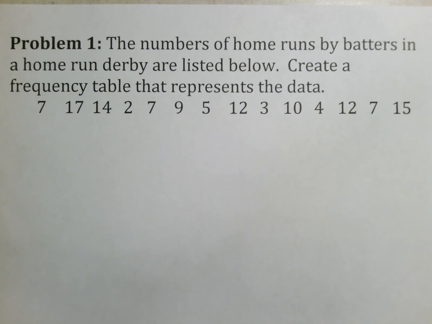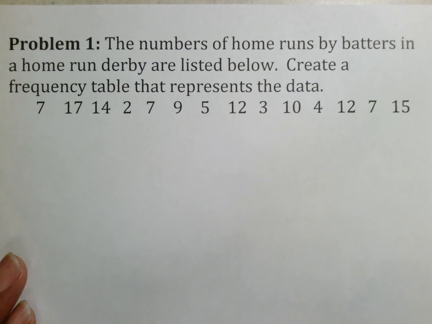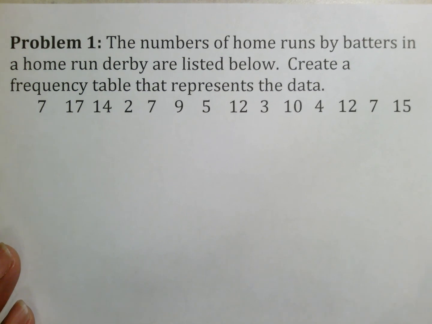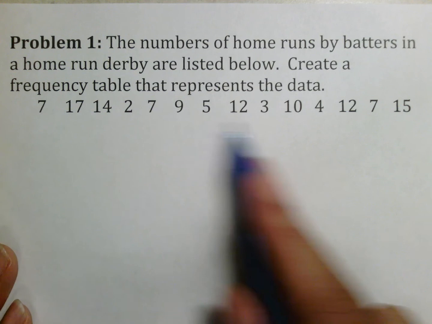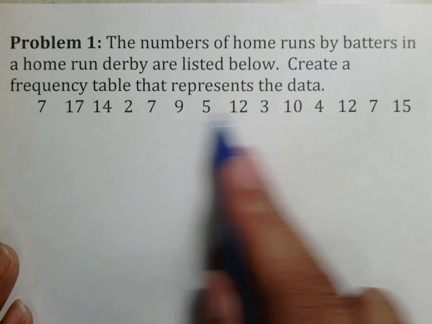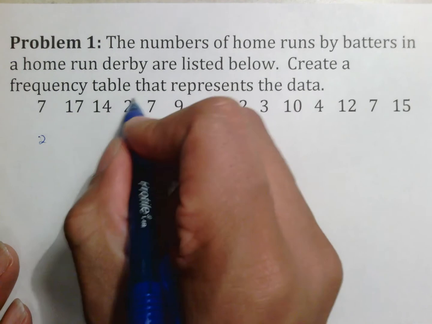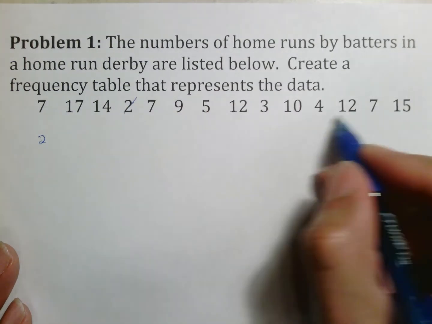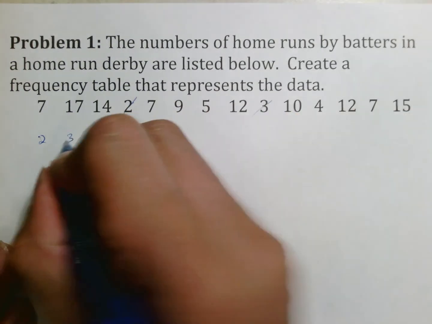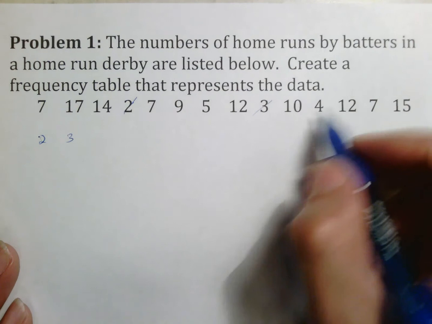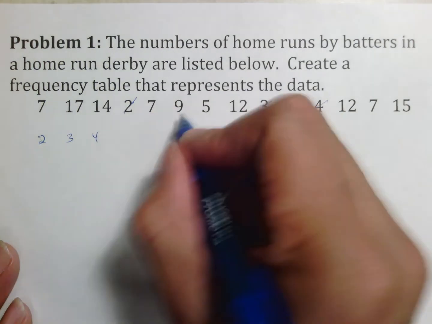Problem 1 says the number of home runs by batters in a home run derby are listed below. Make a frequency table that represents the data. So what I would do first is I would more than likely put the numbers in order, because I don't want to go around looking for things like this. And so I look and see there's no zeros, no ones. I see a 2 and I cross it off. A 3, cross it off. A 4, a 5,